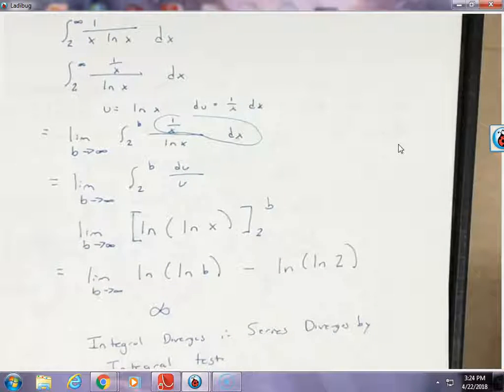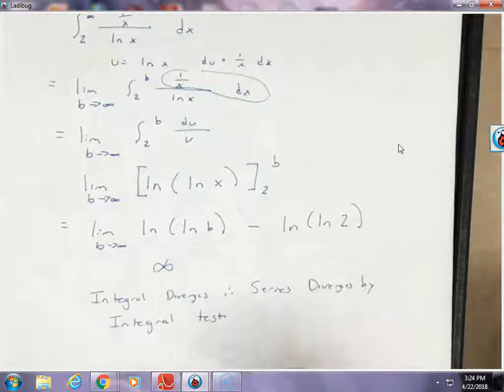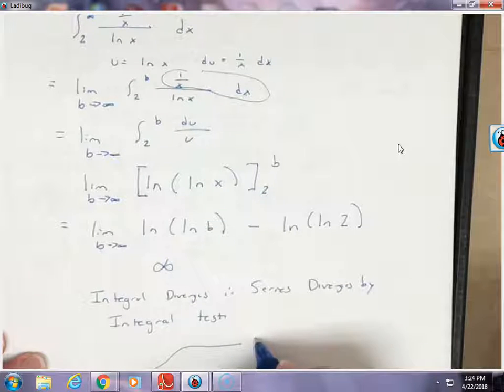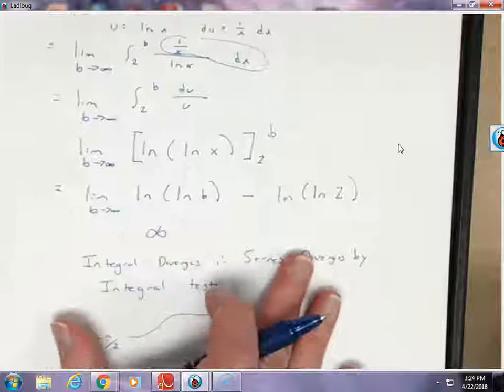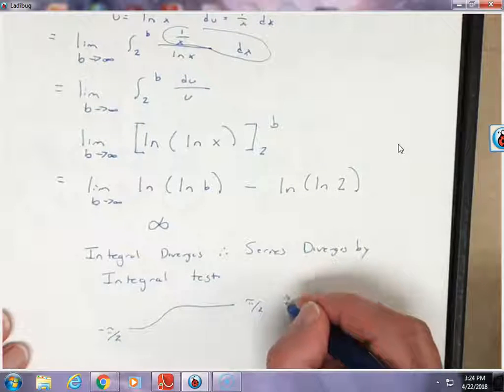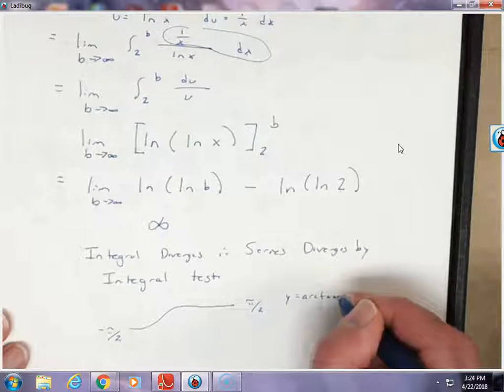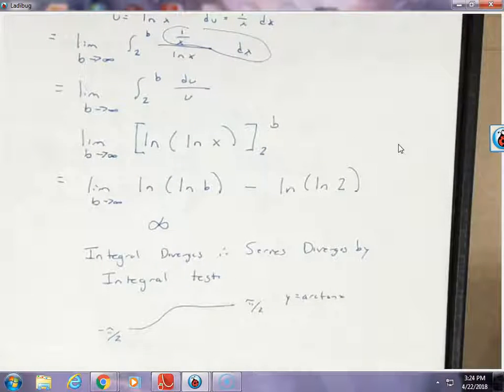And just remember, you can always look at the curve. Another favorite of theirs is arctan x. So just remember that arctan x basically looks like this. As it goes towards infinity, it flattens at pi over 2. And towards negative infinity, it flattens at negative pi over 2. And so that's one that you might see on an integral test. But you can always look at the graph, take a look at what's going